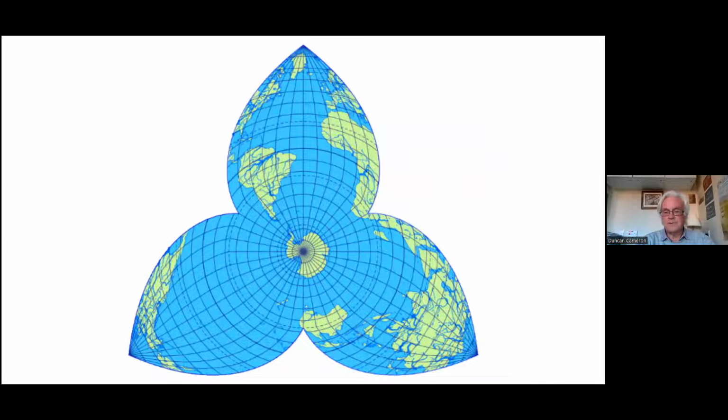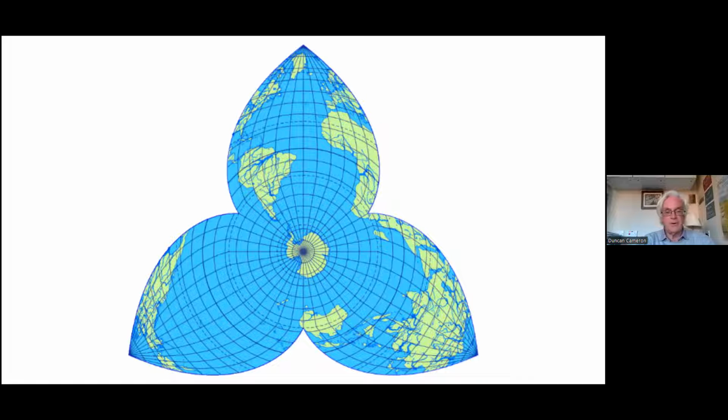Now, I'm just going to, at this stage, tell you a little bit about some of the attempts to create an aquatic projection in the past. This is an image by John Bartholomew, created in 1940, which wasn't very long after the Antarctic continent was properly mapped. It's a very interesting image of the world ocean, and it shows the globe from the point of view of an ocean. However, of course, there are limitations to it.